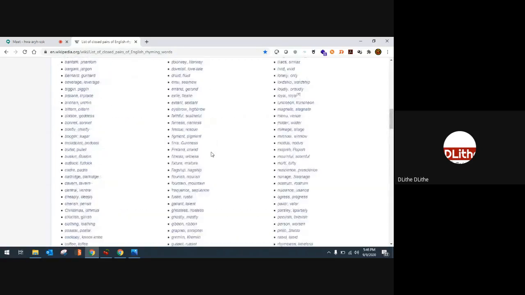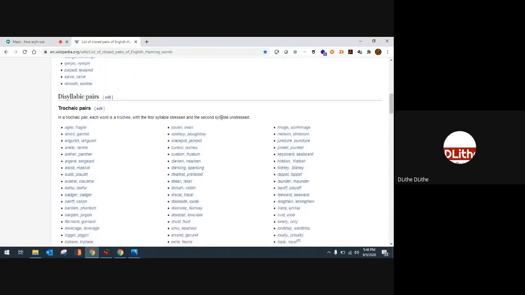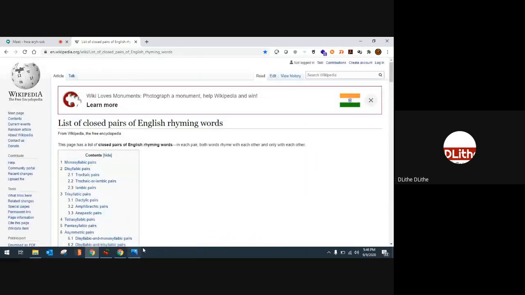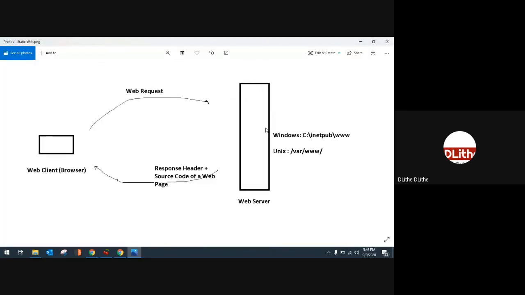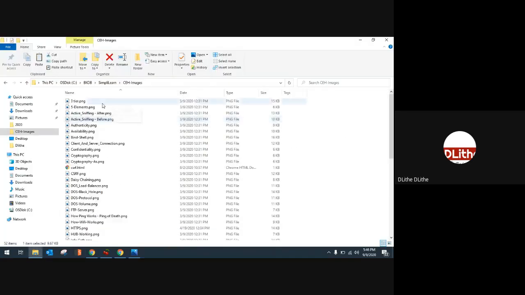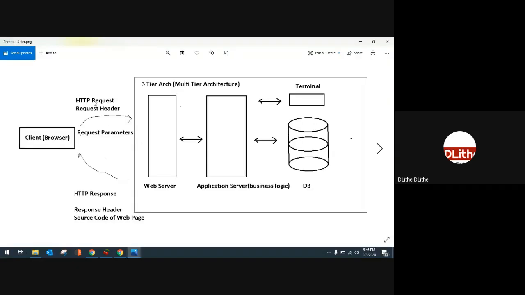But due to the advancement of technologies like Java, databases, and all those things, in today's world we have dynamic pages. This is how the architecture looks for static web, and this is how the architecture looks for dynamic web. Obviously, I'm just portraying it in terms of hacking. I'm not explaining in complete detail what happens. That's not my intention here. I'm only giving you a surface view, a bird's eye view, of hacking in terms of web applications.